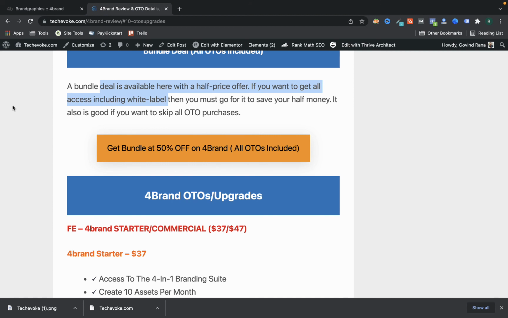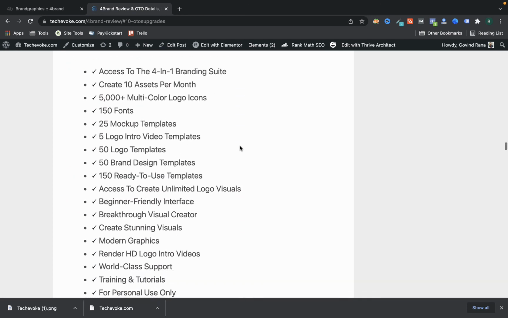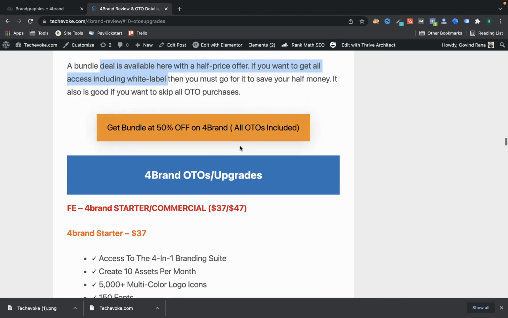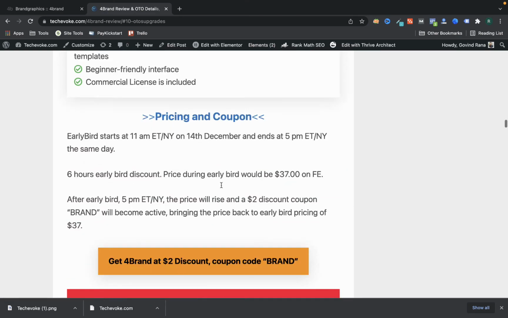So if you want to get clients and start out, you can buy the OTO, or if you already know how to get clients, you can also get these, because you are still getting it 60% cheaper. So that is a deal breaker thing.